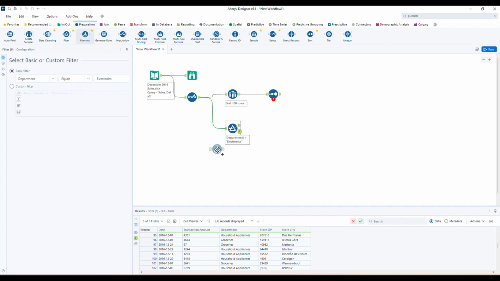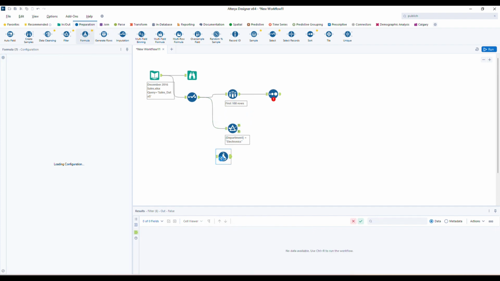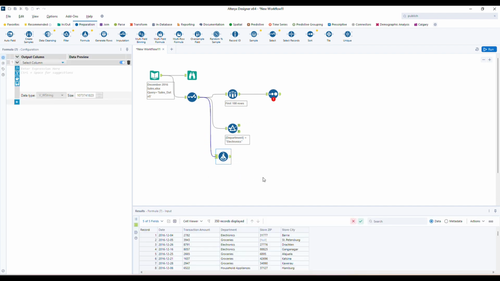And we have a formula tool here. I'm bringing this formula tool and connecting it with this previous input. And if you observe the configuration window, you got one text editor, right? There you can write your functions and formulas and calculations and all, and you can create a new column, or as well you can alter the existing columns.